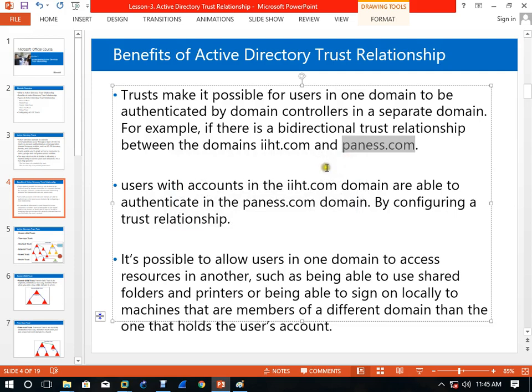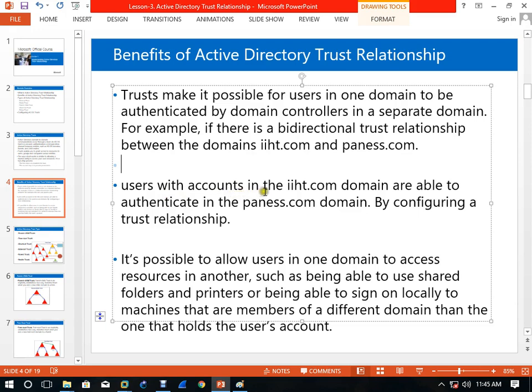Now he's saying benefits. Trust makes it possible for the users in one domain to be authenticated by the domain controller in a separate domain. For example, if there is a bidirectional trust relationship between domain ist.com and panes.com, so Panes users will access the resources of IST, and IST users will access the resources of Panes.